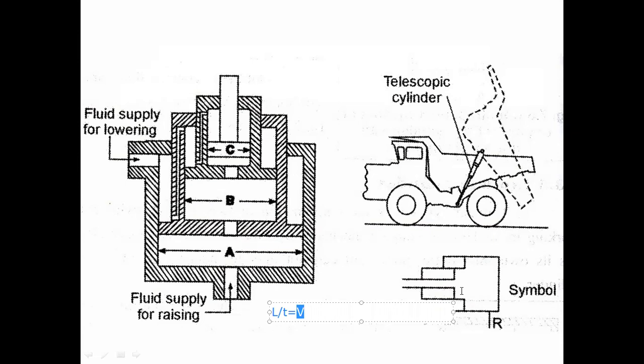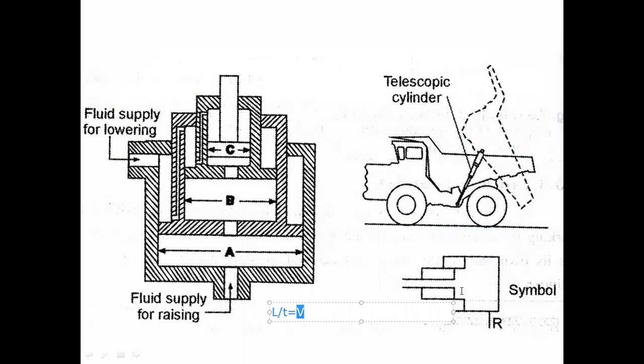The second one is the flow rate of your oil. Okay, how much flow rate? That means when the flow rate is reduced, then speed also goes on decreasing. When the flow rate increases, the oil is also at maximum, so it will force the piston at a faster rate. So this is the speed of your cylinder. It means all types of cylinder.